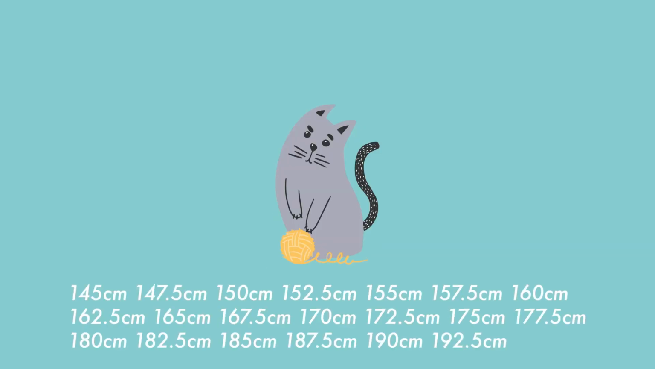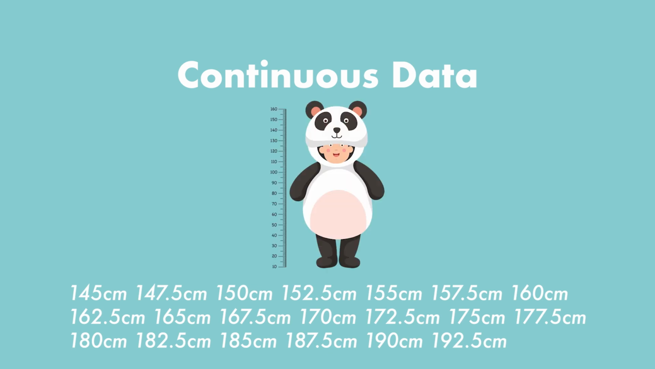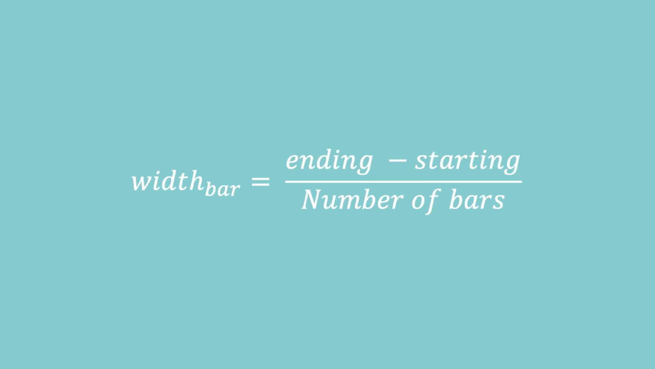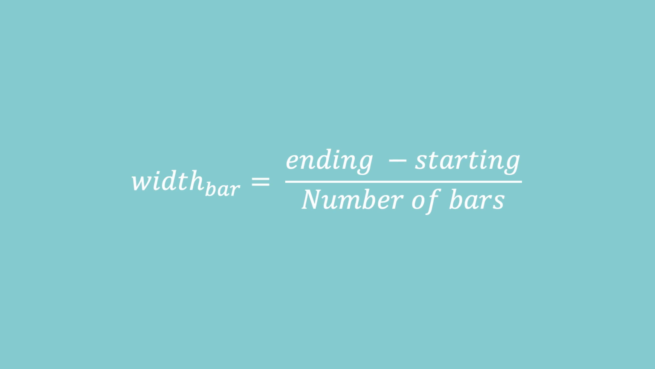We have data about the heights in centimeters of 20 male semi-professional soccer players. The heights are continuous data since height is obtained by measurement. Looking at the data, we can see that the smallest data value is 145 and the largest value is 192.5. To calculate the width of each bar, bin, or class interval, the naming is the same,